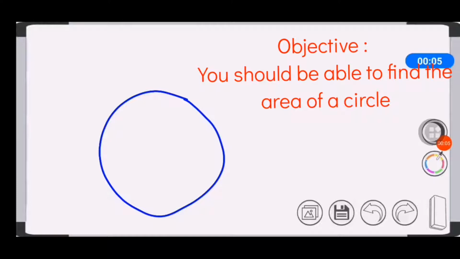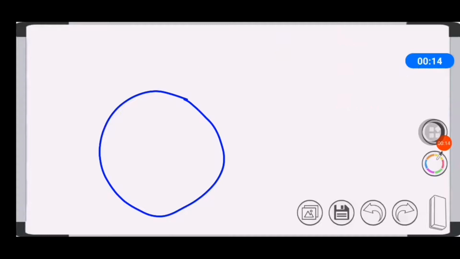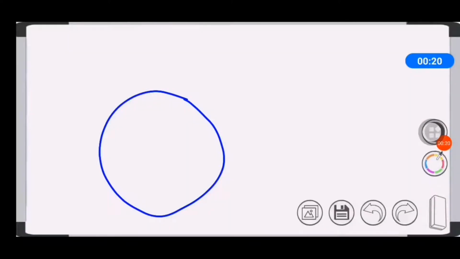In today's lesson, we're going to look at how to find the area of a circle. If you draw a circle like the one we see on the screen, though that's not a perfect circle, let us look at some basic features of the circle. Let's take this to be the center of our circle. Good. From the center to one part of the circle, which we call the circumference,